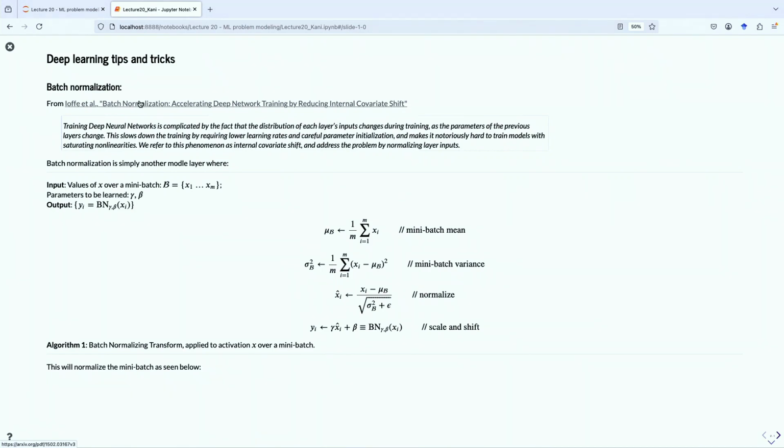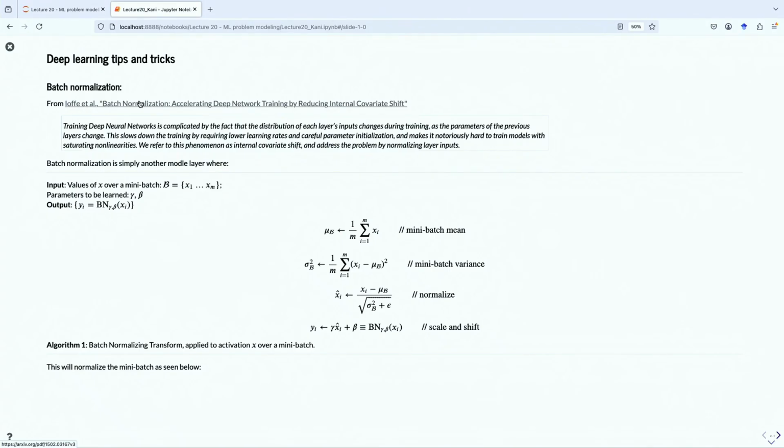So I must confess that I can't give you a really good reason why this works so well. It's one of those things that you have to just try in your own models and get it working, and then you'll see that it's really, really useful. But I'm going to try to give some justification anyway.